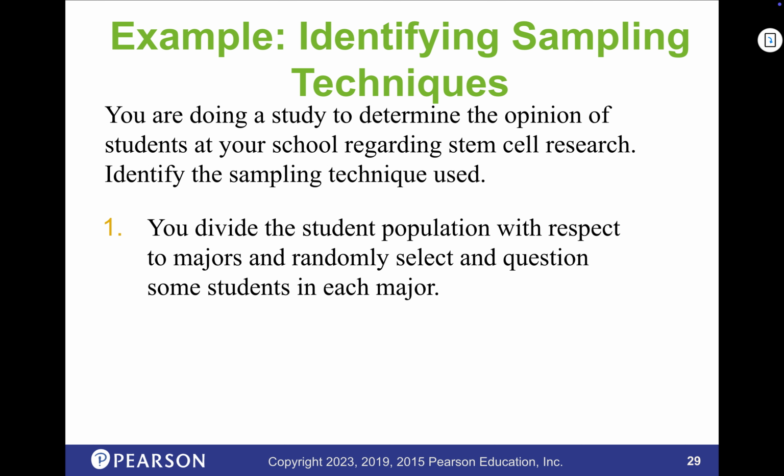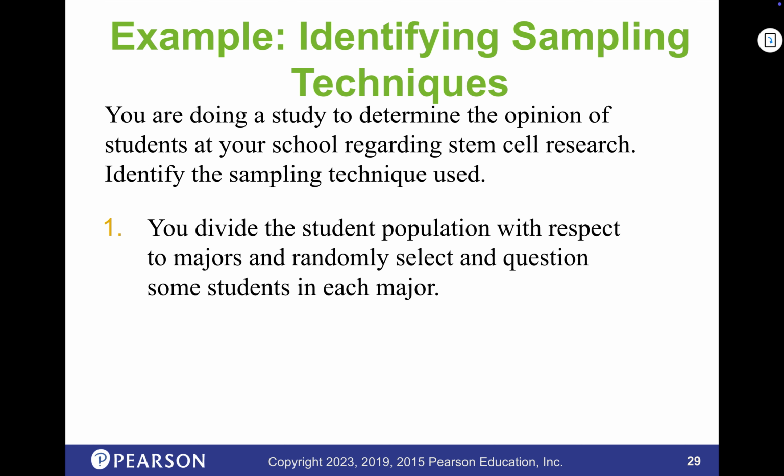There is a random part to it, but it's also a specific name. Was the randomness done at the beginning? Stratified, right, because we're stratifying them into their majors, and then we're randomly selecting.